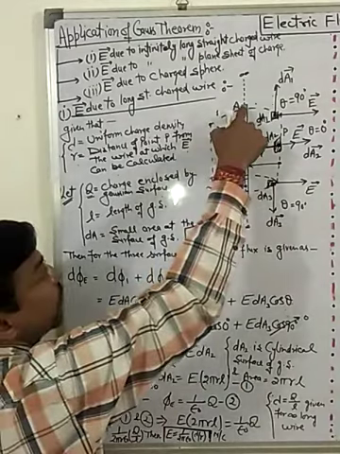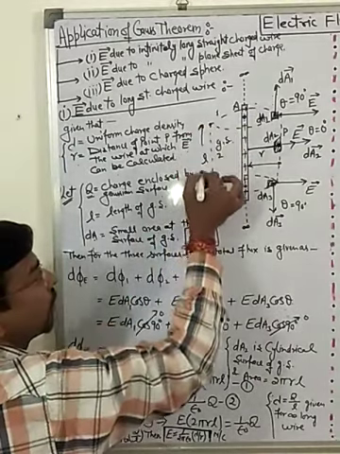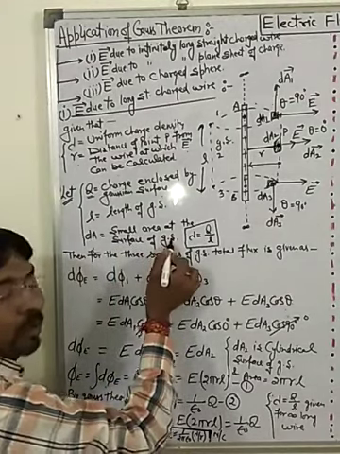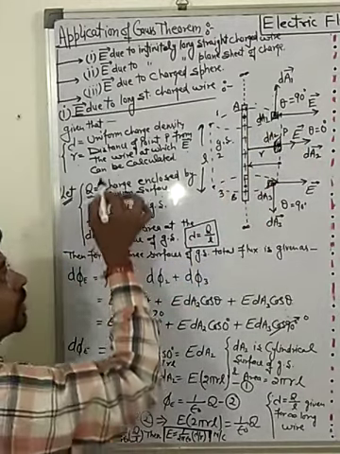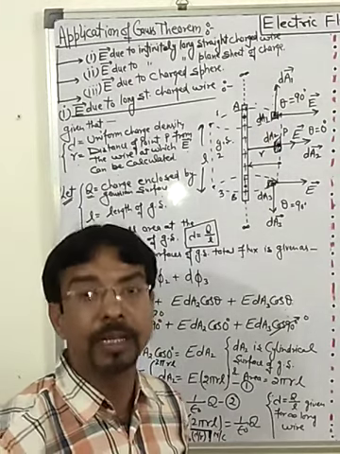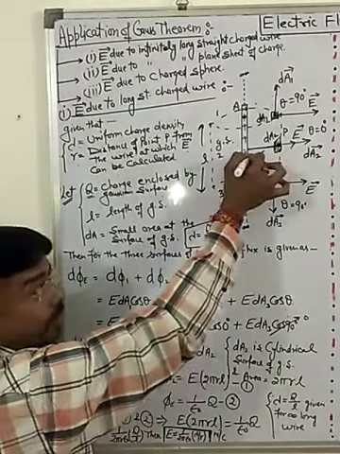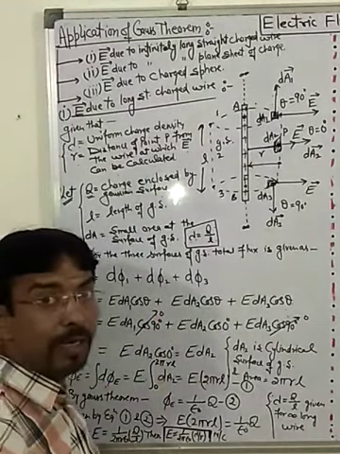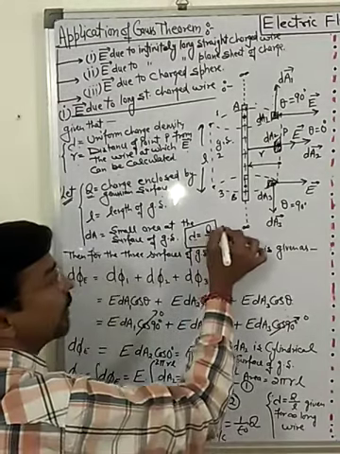Similarly, L is the length of that particular Gaussian surface, and dA is the small area at the surface of the Gaussian surface. dA is the small area, I am naming dA1, dA2 and dA3. So what should be the linear charge density? Charge will be distributed linearly. Linearly means lengthwise. So when it is distributed, then the linear charge density lambda, which was given for the given wire, can be written as charge per unit length. Charge divided by length is known as linear charge density. It must be written by lambda, and its unit will be coulomb per meter.